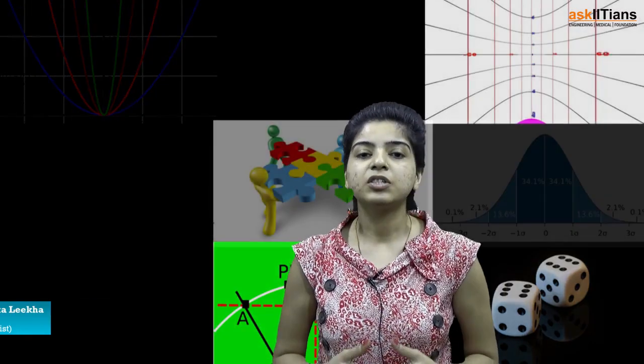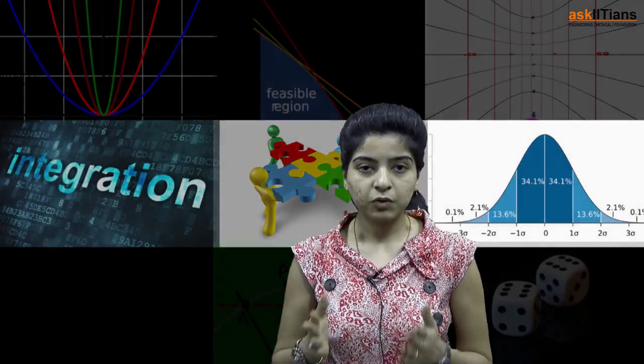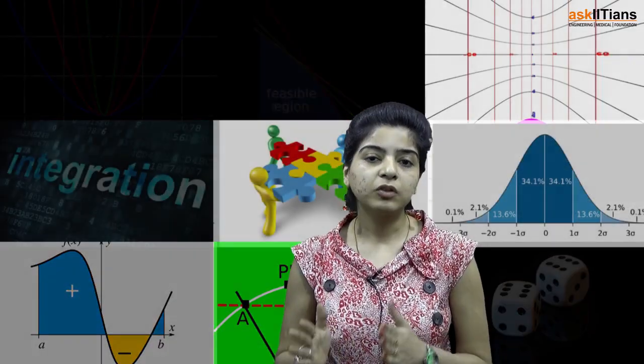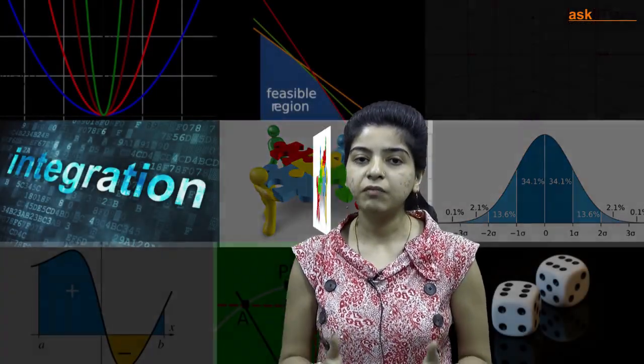So now in this section we'll be discussing the concept of shifting of origin and curve tracing. Shifting of origin is basically based on the concept that the area remains invariant when the coordinate axes are shifted. And then we'll be discussing curve tracing, in which you'll get to know what are the steps that you are supposed to follow when you trace a curve, and symmetry is an important concept of curve tracing.